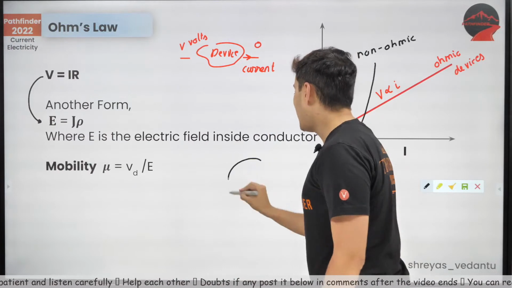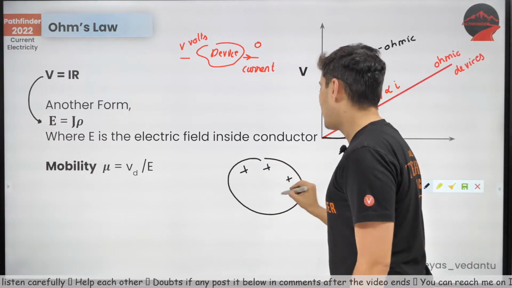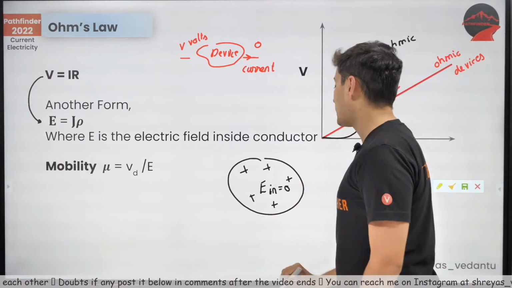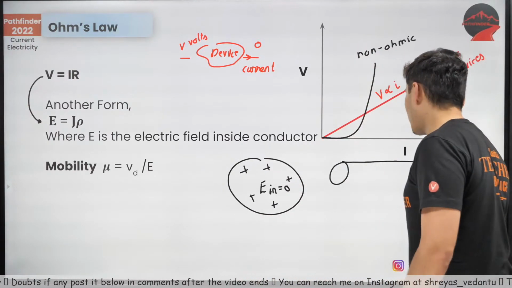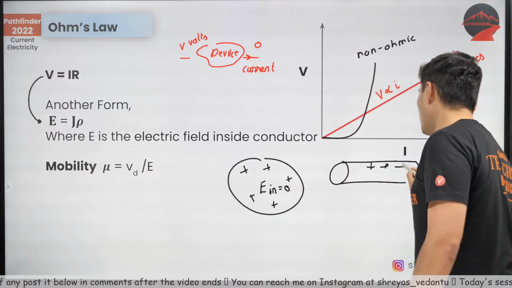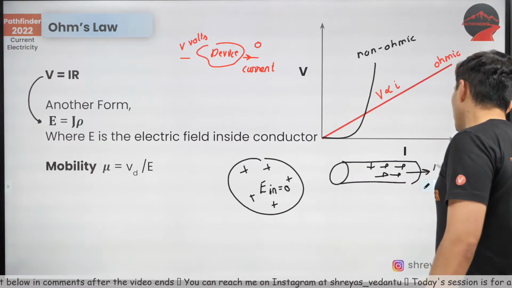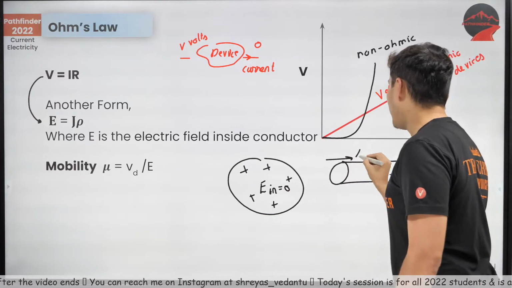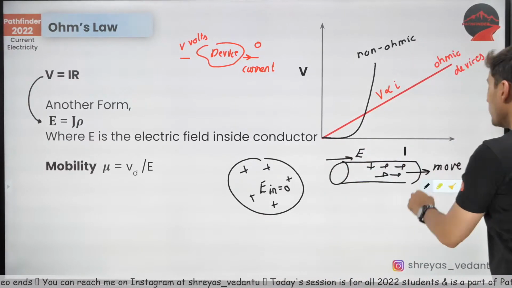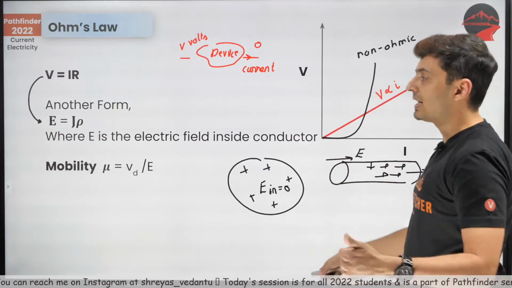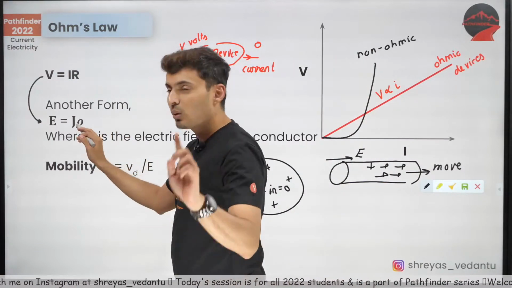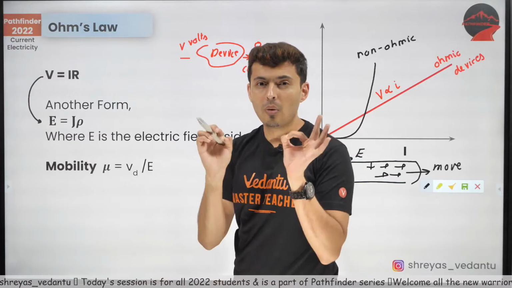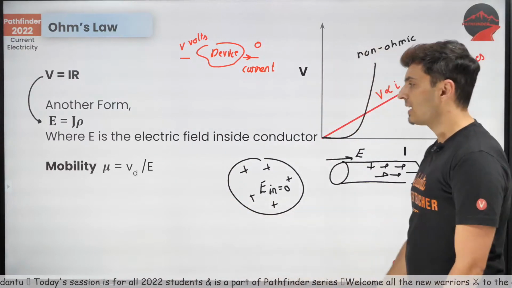Guys, remember, in electrostatics, the charges were at rest. That's why the electric field inside a conductor was 0. But in a conductor, the moment the charges move, that means there must be some electric field. So you can find that electric field only in moving charges, or basically when there is current. So when there is current, when there is J, there will be electric field, else there will be no electric field. I hope that makes sense.